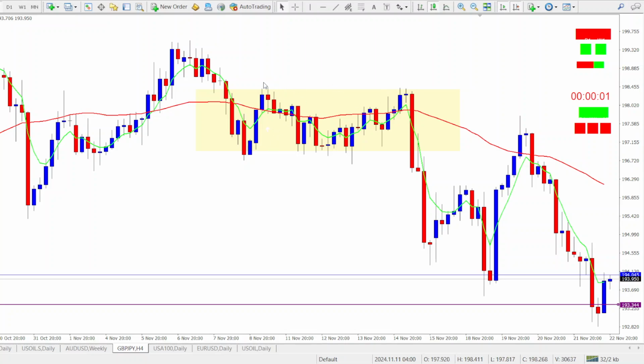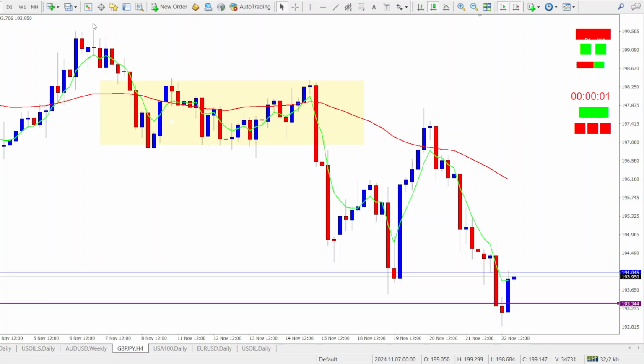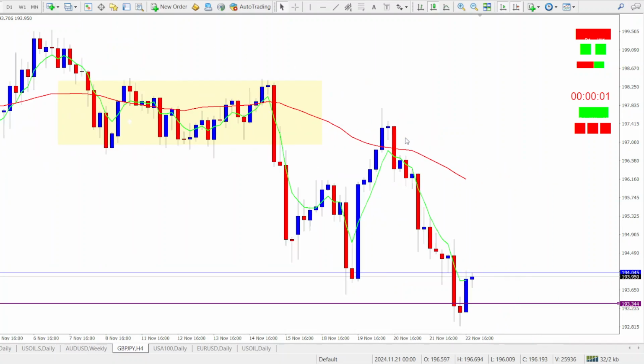So instead of setting your stop loss just immediately where you entered a sell, set it above the previous swing high, because if that bearish move is going to be valid, ideally the price should not get to that stop loss. So if your stop loss gets hit, then you would know that there's likely a bullish breakout. Okay, so you set your stop loss above the previous swing high, and for your take profit, like I said,